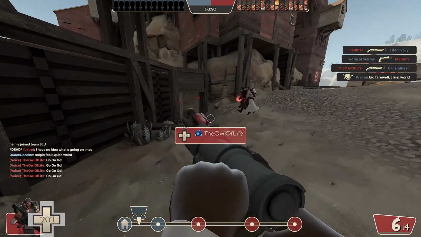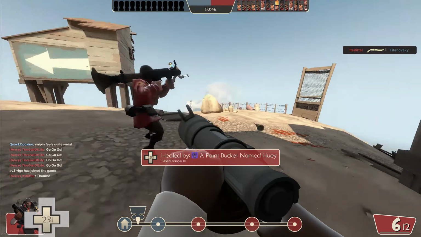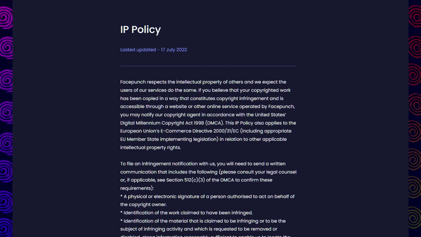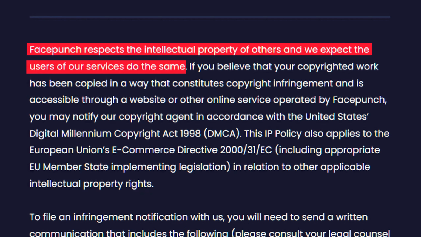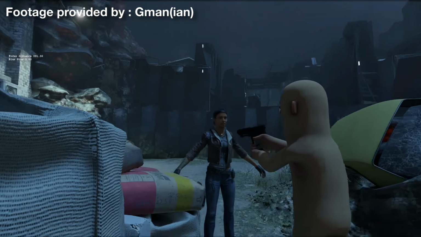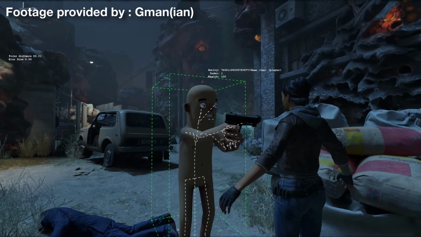Now, while there have been some mentions about copyright, the only official thing that has been mentioned is on the FacePunch website itself. Under the IP policy of the legal section on the site, it says, "FacePunch respects the intellectual property of others and we expect the users of our services to do the same." So while this does slightly answer the question about copyright, let's go back into the idea of Half-Life Alyx assets